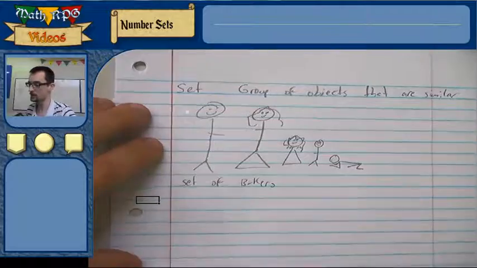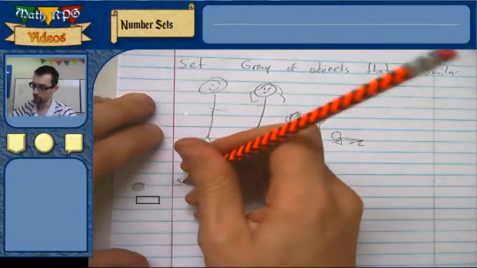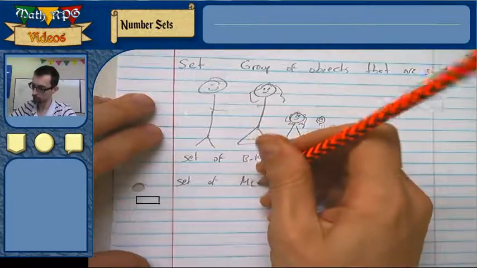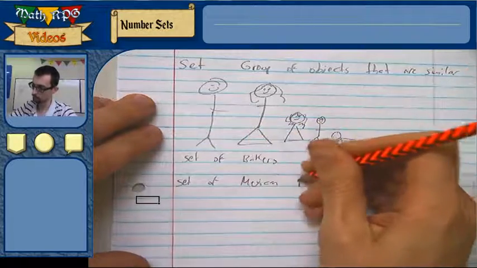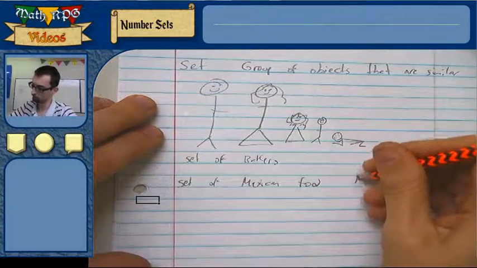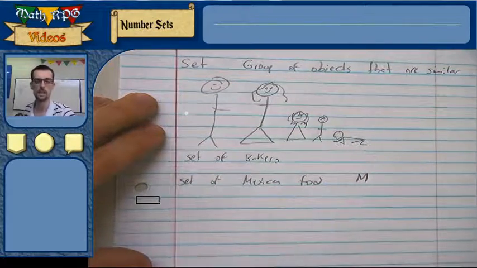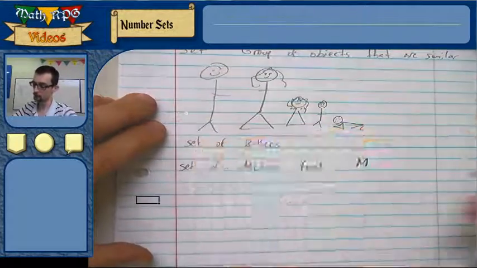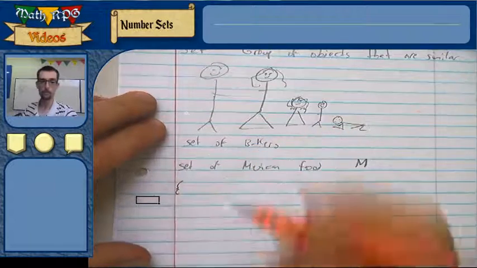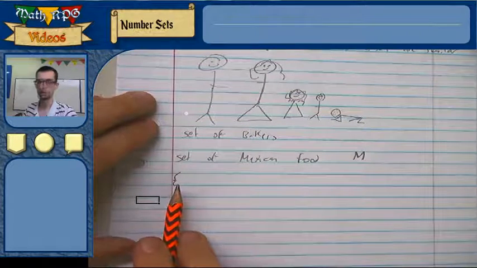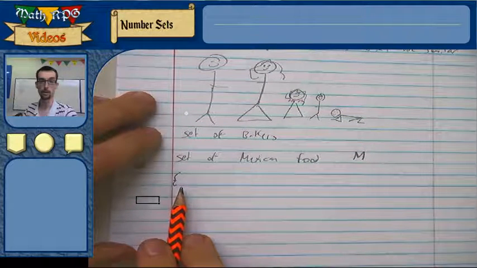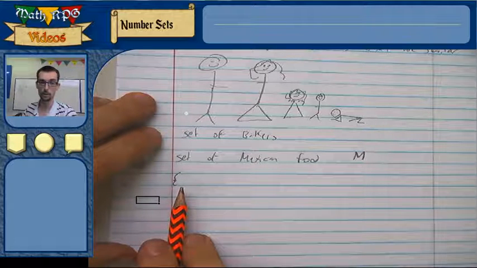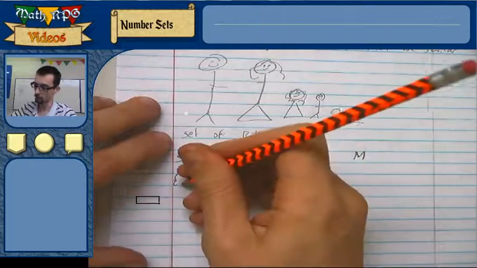Okay, I could have a set of Mexican food. All right, so this set, let's call it M, because in math we like to abbreviate things. I could call it the set of Mexican food, which consists of all the different kinds of Mexican food. Some notation you'll see sometimes in sets, we put this little curly bracket. That just means I'm going to start listing the elements or the members or the objects in this group. Here they come. Ready? So tacos,